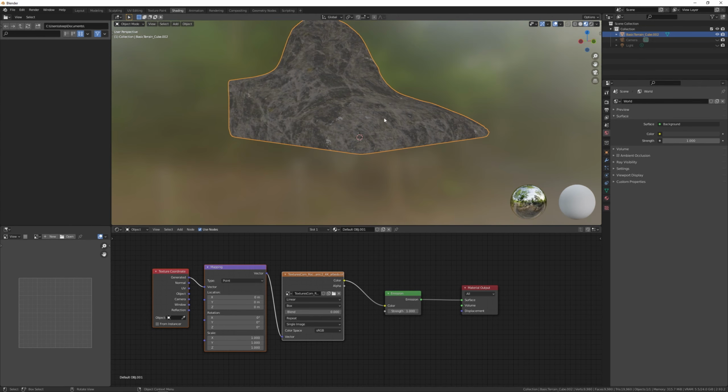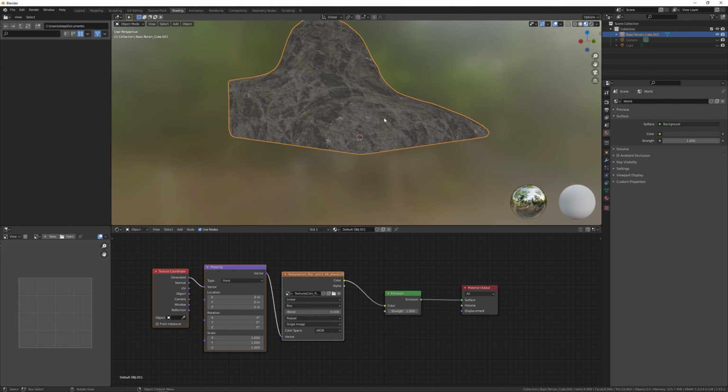Let's go to material preview. Yes, something like that. This is just very sloppy to show you the concepts. And the grass looks very big. So we can change the scale here. Something like that.